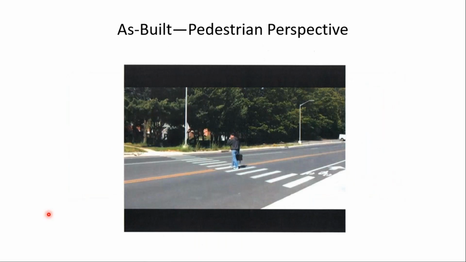So this is obviously a daytime view, not nighttime, but this shows the crosswalk in question. We see a pedestrian here. He's walking in the same direction that she would have been heading. Witnesses who were also walking that night on the sidewalk said that she was probably a step or two ahead of where this fellow is. So she was more or less in the middle of the lane, and the vehicle that struck her was coming from her right.